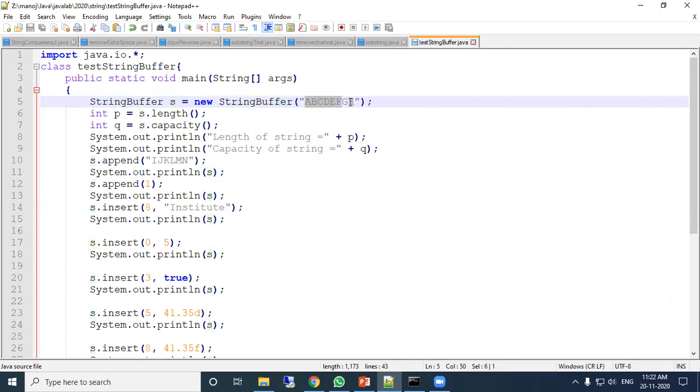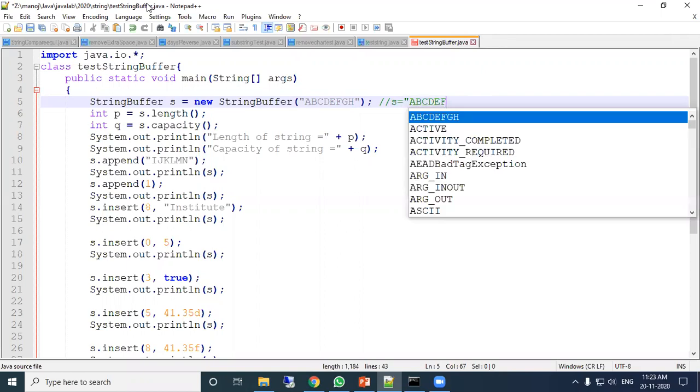See here, I have initialized ABCDEFGH. So now S will be ABCDEFGH.